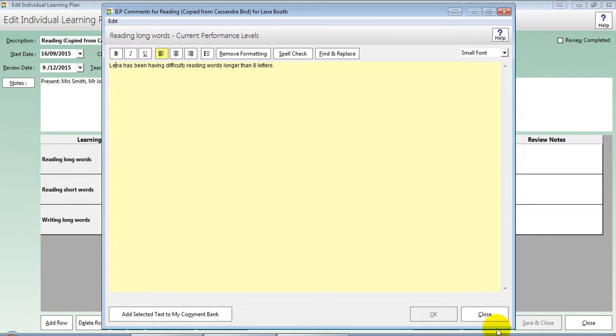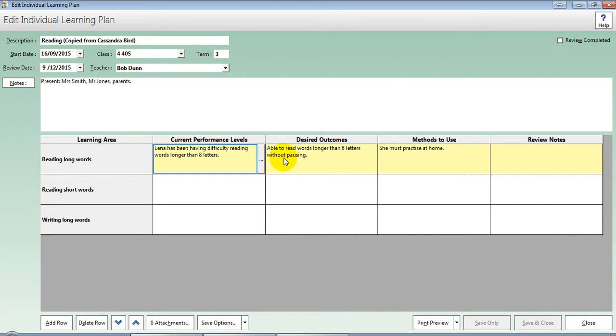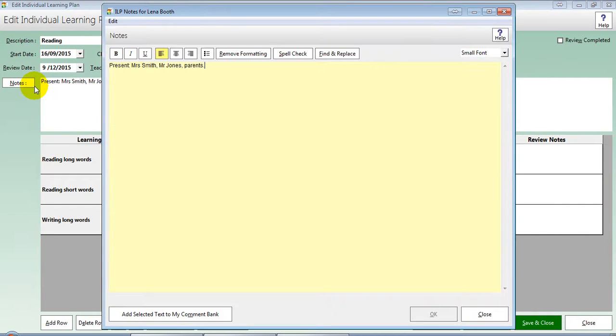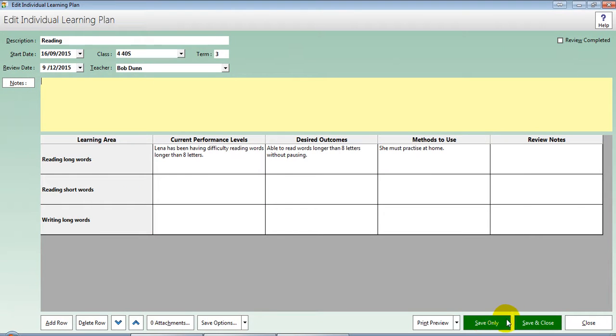Cassandra's name with Lena. So any occurrence of the student name is changed, as are the different genders or pronouns when they're included in text. If we didn't want details that it was copied from that student, we can just highlight it and press the delete button to get rid of the information that's not actually relevant. So that's a really easy way to reuse ILPs that you've created without having to copy and paste information manually